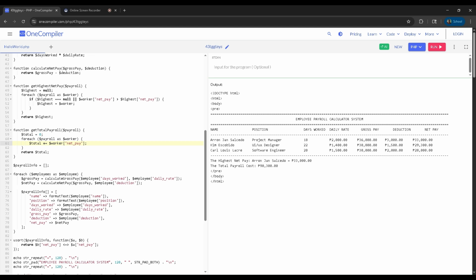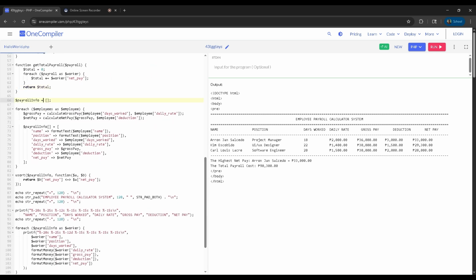It will loop and add, from 0 to 1, 2, 3, such as like that. Then it returns the total.